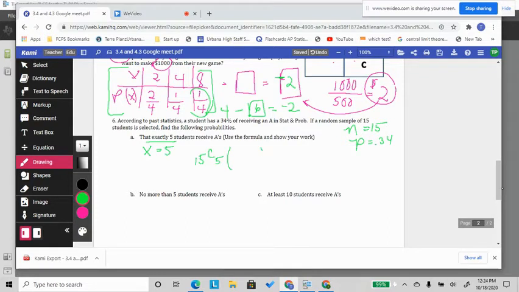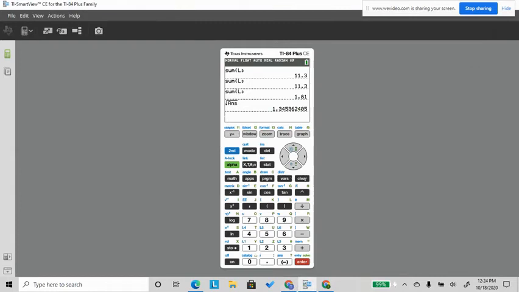15C5. Probability of winning is 0.34. Probability of losing is 0.66. I want 5 people to win. So probability of winning, how many? Probability of losing, how many? Well, I have 15 people and I want 5, so that's 10. And then you're going to go to your calculator and you're going to do